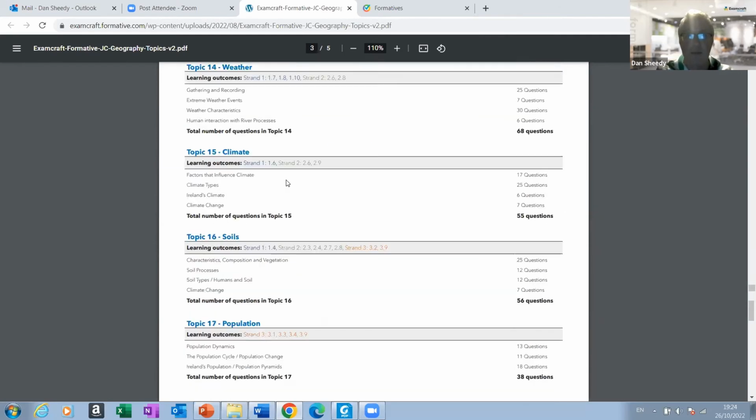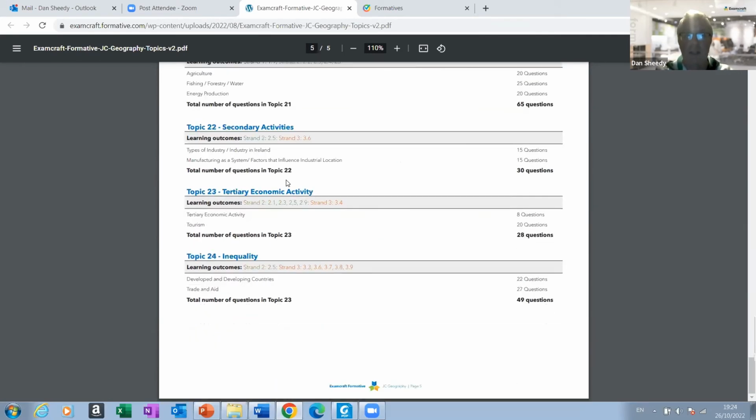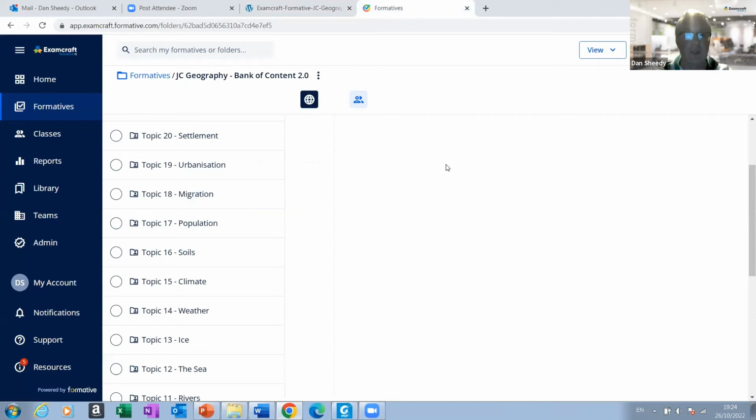There's topics 9, 10, mass movement, climate migration, secondary activities, tertiary economic activities. So you can click into any of those and we'll automatically provide a formative assessment, or you can edit them and create your own. And if I just go back to this, if we just go into one,